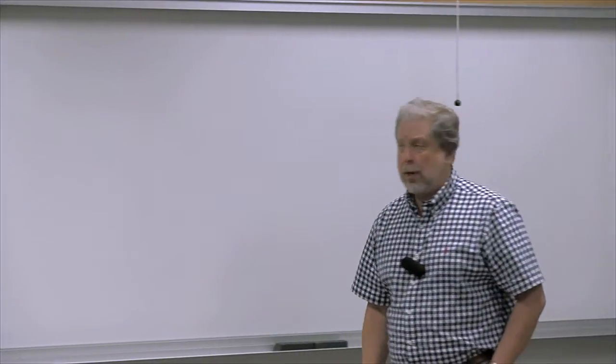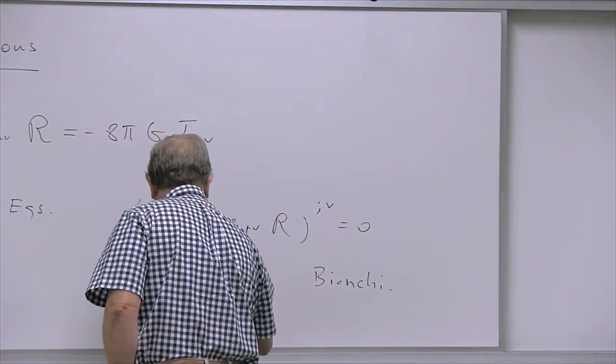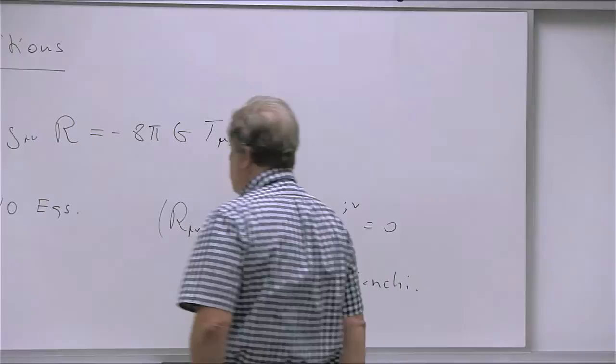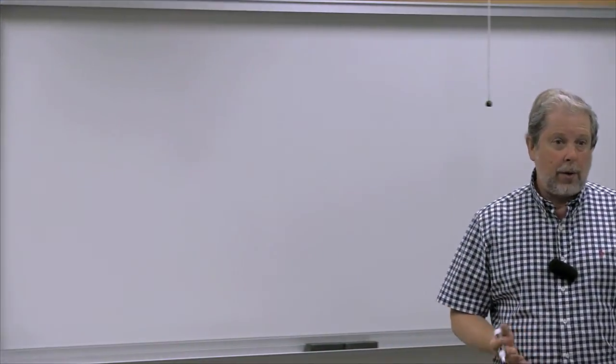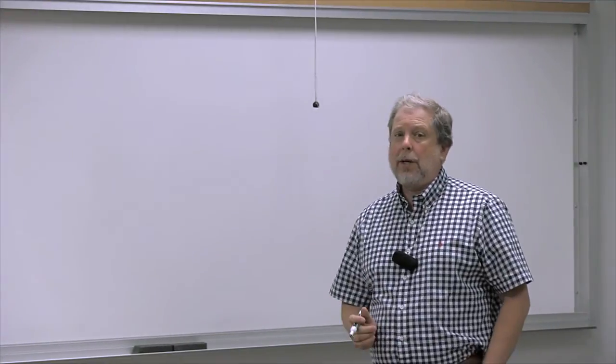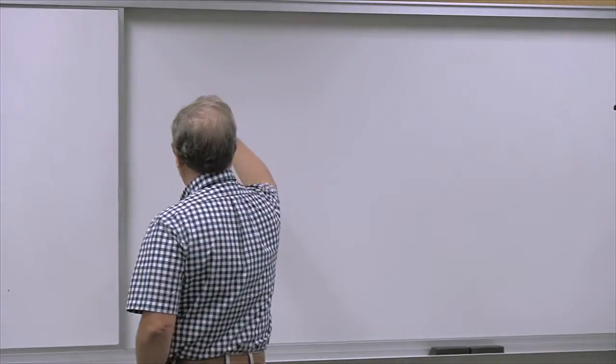There are 4 equations. That would look like a problem because we have 10 degrees of freedom but only 6 equations because of the Bianchi identity constraint. But in fact, that is not the case either because we have general coordinate invariance,